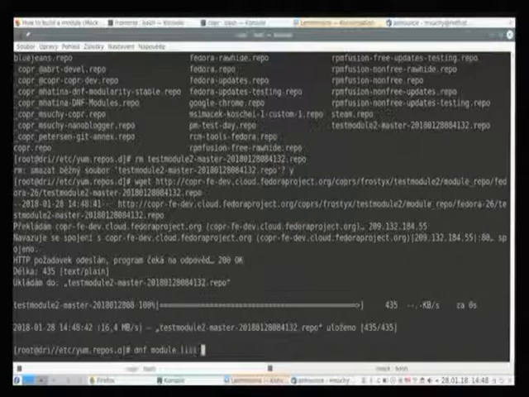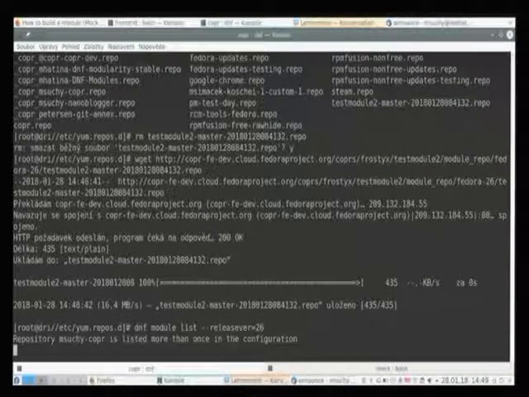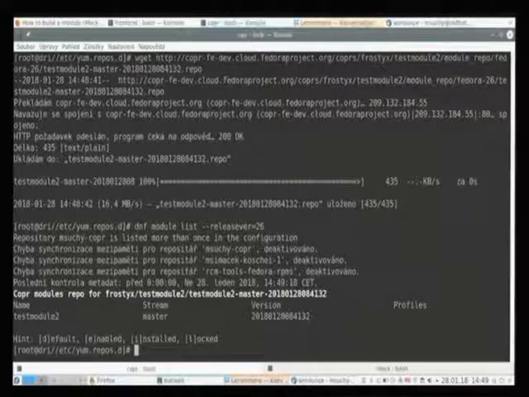Yeah, list, DNF module list. And because this is a project for Fedora 26 and I have Fedora 27, I will state release var equal to 26. And it will list here that there is a module, test module 2, available with this stream, this version. It's not enabled yet. So if I will run DNF